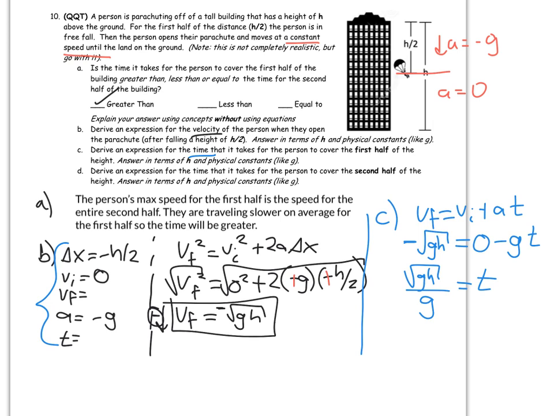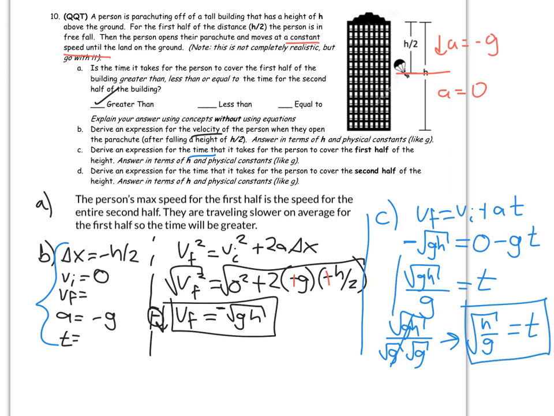We also, though, can really do the square root of gh over root g times root g. Then the g's cancel out, and you're left with the square root of h over g is equal to t. So you do have a few options here for possible answers. Either one really is fine. I wouldn't say one is in a simpler form than the other. They're both pretty clear. There are a few other ways of doing it. You certainly could have used the delta x equation or some other equation, but I just chose to use this equation. So whatever you use is perfectly fine, but those are two of the most common forms of the correct answer, I should say.